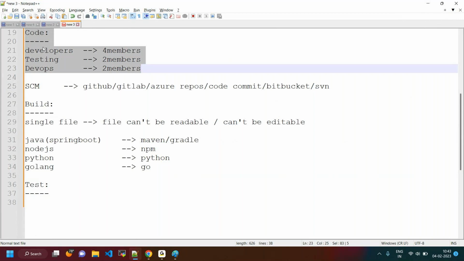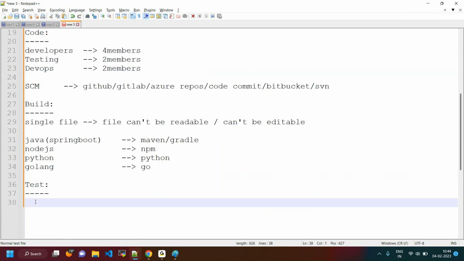Everything is not possible to do manually, right? To find out the duplicates or syntax issues, everything is not possible to check manually. Those things are going to be checked with some tools. We can use SonarQube or JUnit. Like we can use different tools. In our sessions, we are going to be discussing SonarQube. With this, we are going to be checking code coverage, whether this particular code has any vulnerabilities or any duplications. Those things we are going to be checking with this particular SonarQube. This one also we are going to be discussing in our sessions.